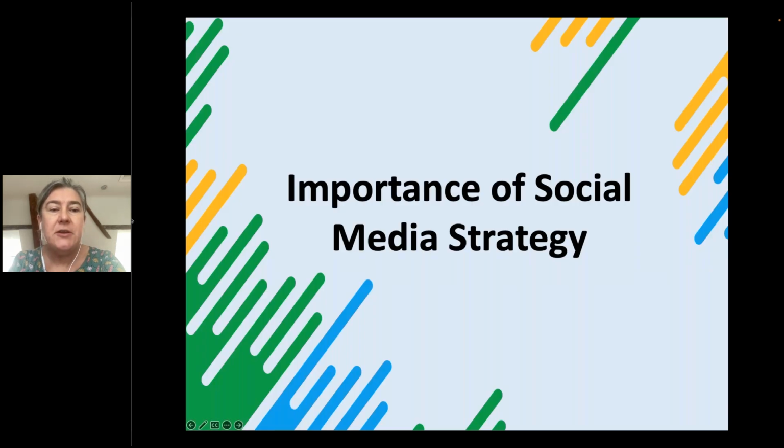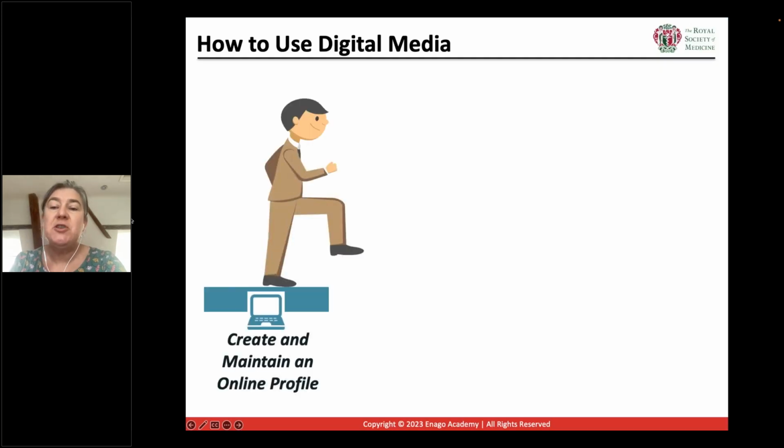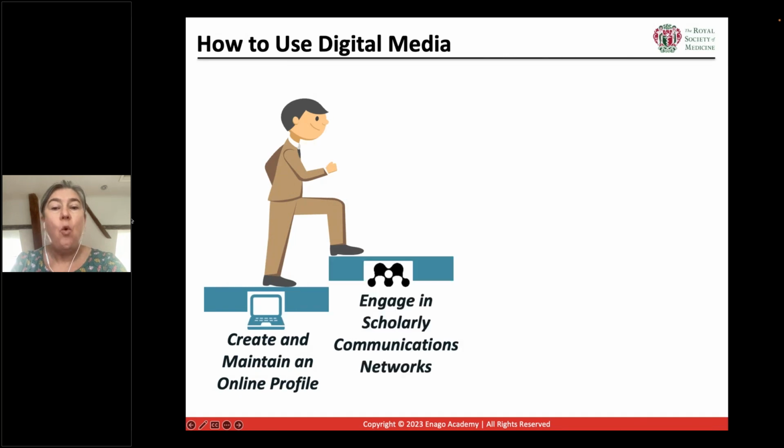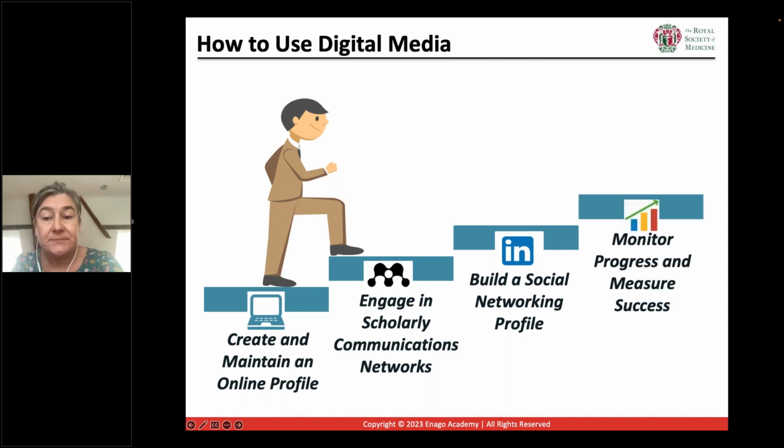So thinking about how to basically develop a social media strategy. You use social media platforms like LinkedIn, ORCID, ResearchGate, Twitter, Facebook, YouTube, and Mendeley, and they're a way of drawing attention to your work and enabling you to intersect with your research community. Can also help you to access up-to-date information in your field, but it does need effort by you, and you need to build a network and you need to maintain it as well.